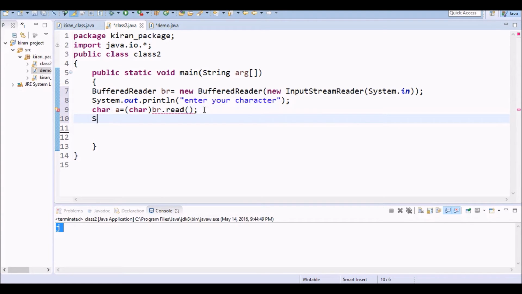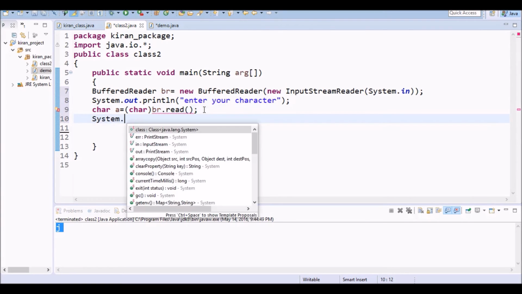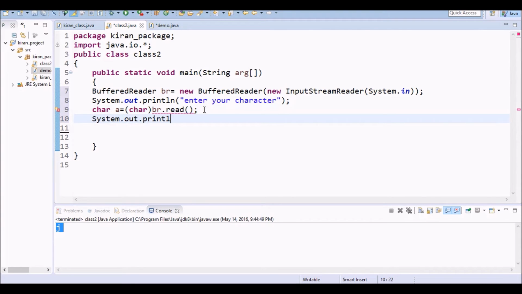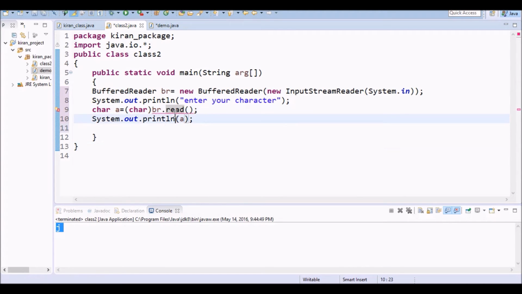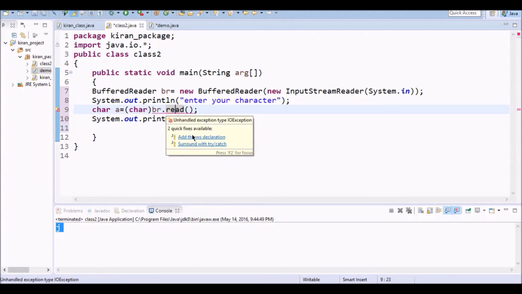Now we are going to print that, System.out.println. So here is our character. Okay, let us check here. Now it is showing another exception. See here, add throws declaration.